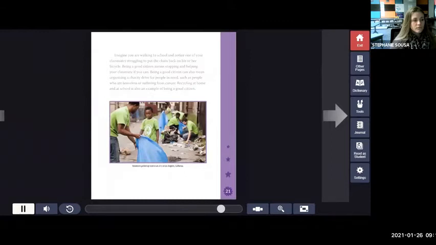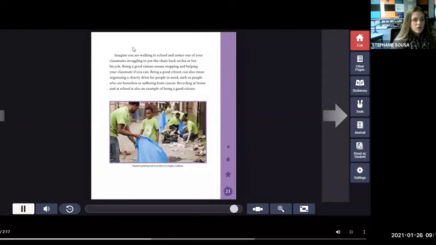Volunteers picked up trash in an alley in Los Angeles, California. So look at that. A lot of the ideas that you guys shared tie in with being a good citizen. A citizen is a participant or a member of a community. And the word good just means that it's being kind, that it's being helpful. And actually, when we do this, we are contributing to a better community government, because the government doesn't have to come in and help to solve these problems or spend money to help solve these problems, because we're being good citizens and just getting it done because it's the right thing to do.